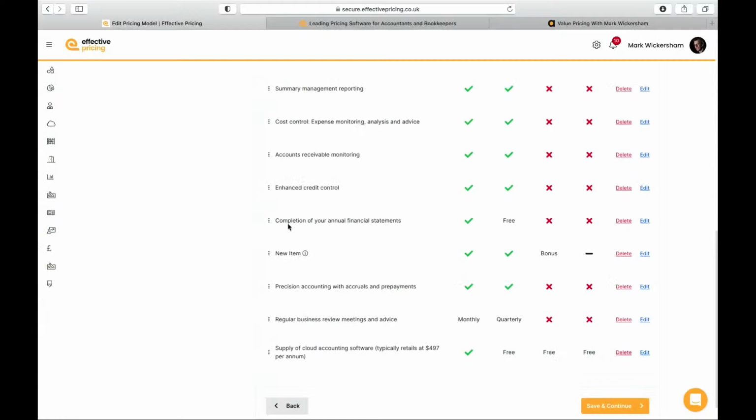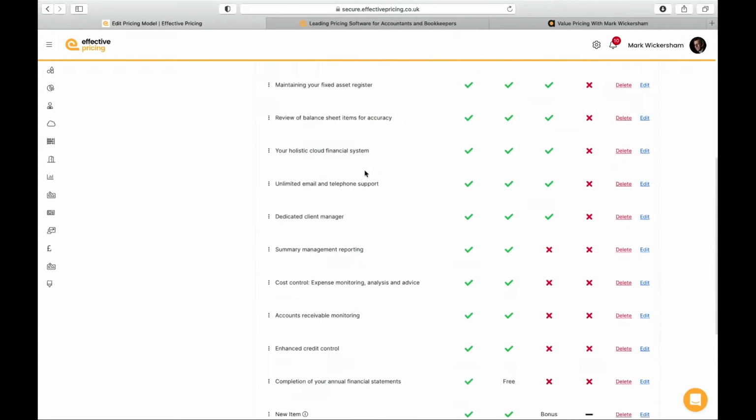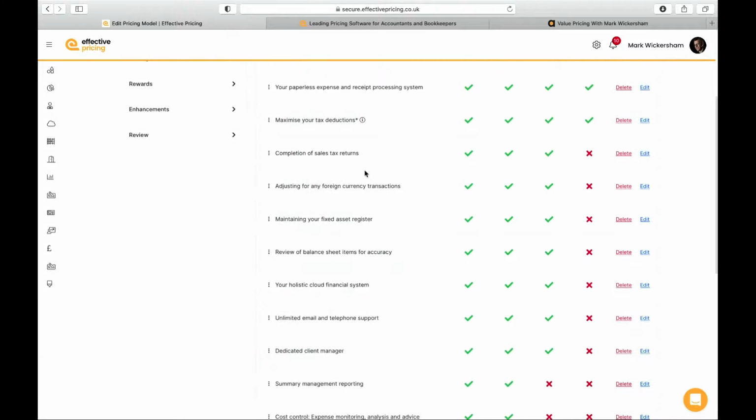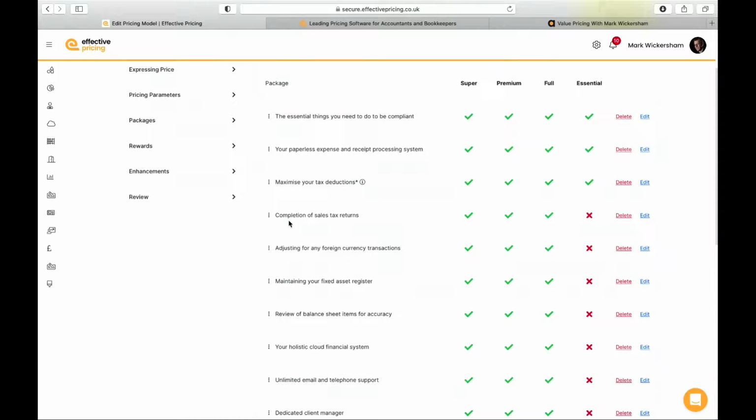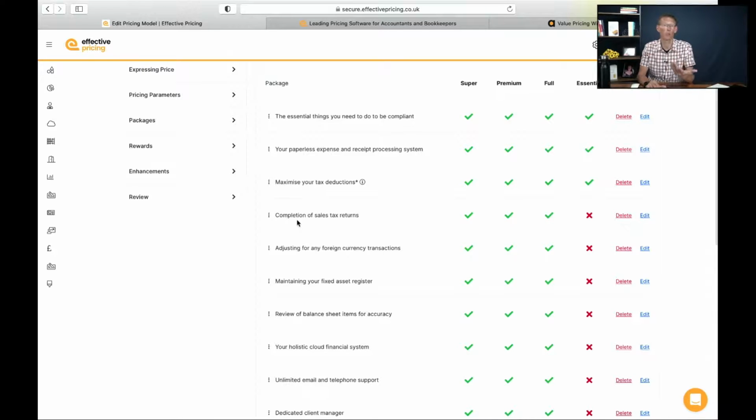Okay, I think what's being said here, if I understand, is that when you are building your packages, I think I have in this package somewhere, yeah, there's a line item here that says completion of sales tax returns. And I think the question that Kimberly's saying is, because I've bundled that in, what happens if it's really complicated? It might end up costing me a lot more money. And so